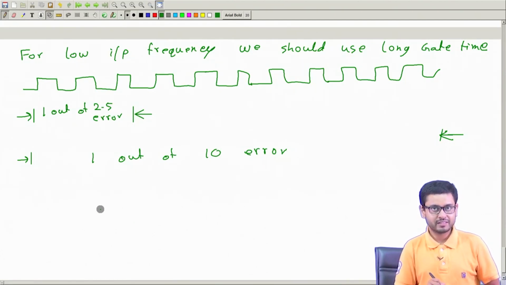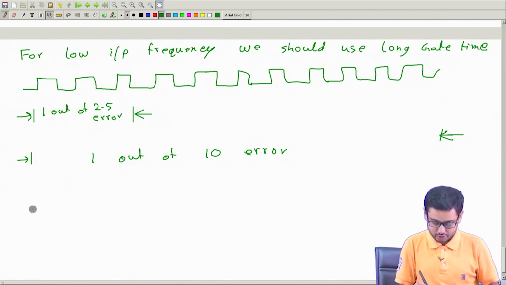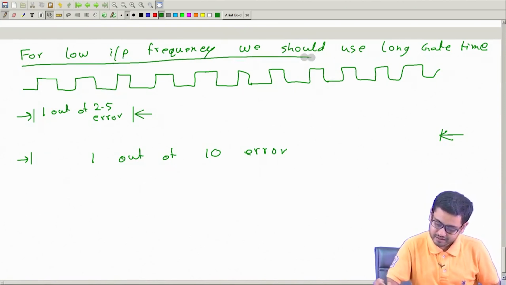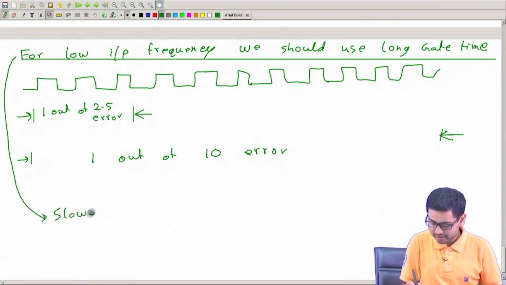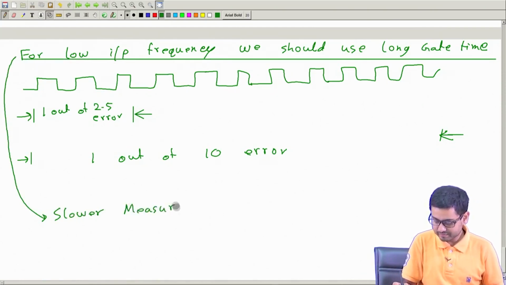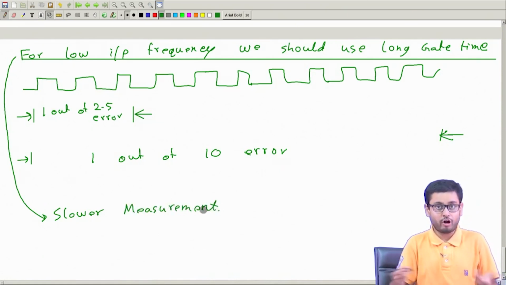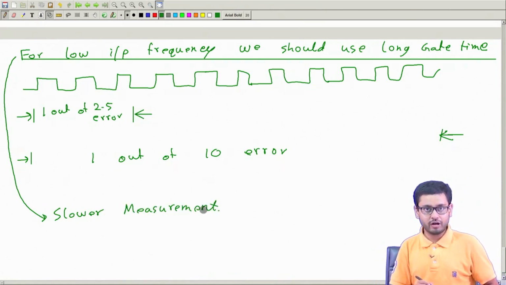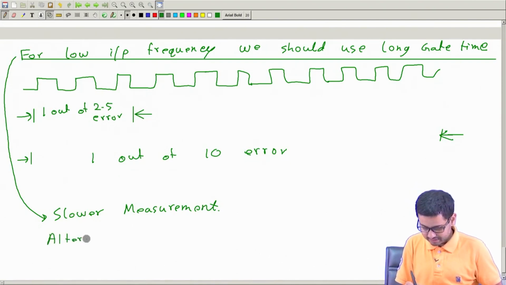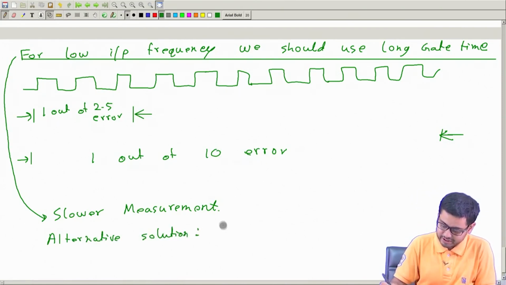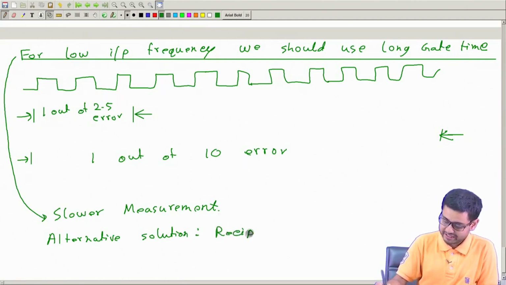But then what is the problem? The problem is your measurement time will be longer. Okay? But this will lead to slower measurement. If you wait for a long time, your accuracy will be high, but your speed will be slow. Okay. So, what can we do? The alternative solution is reciprocal counting, which we have discussed before,